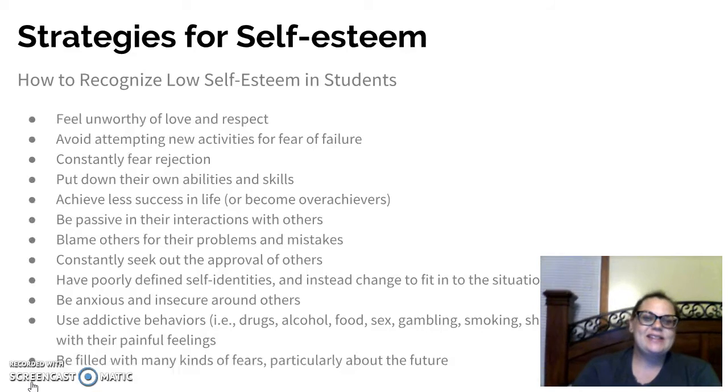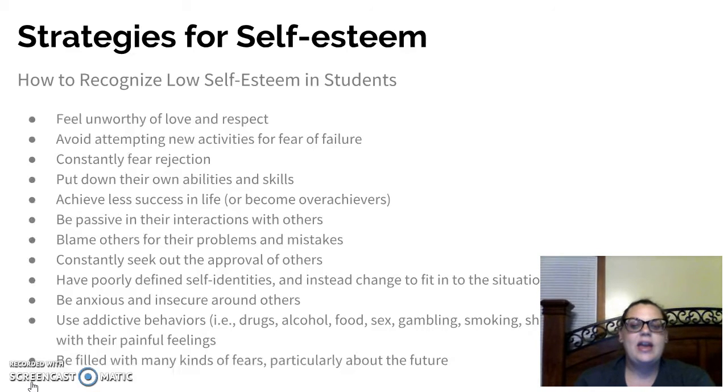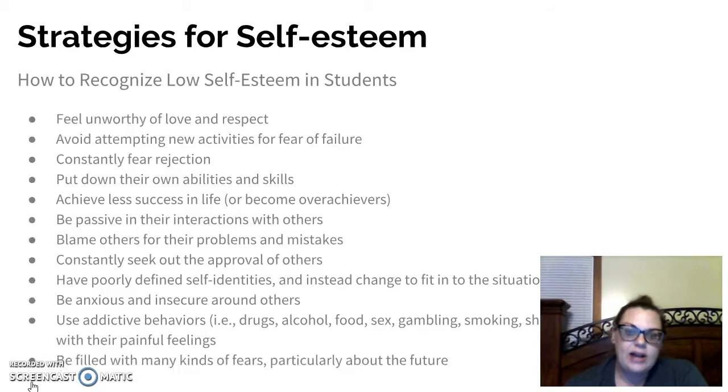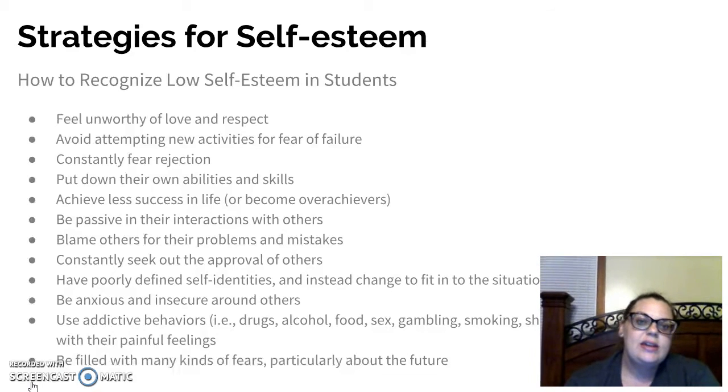Behaviors to recognize. One that I see a lot in our school is avoiding activities, which is avoiding attempting new activities for fear of failure. Whether it's fear of failure or fear like they don't want to be embarrassed, I see this a lot, is they shut down. They don't try. They don't want to try.